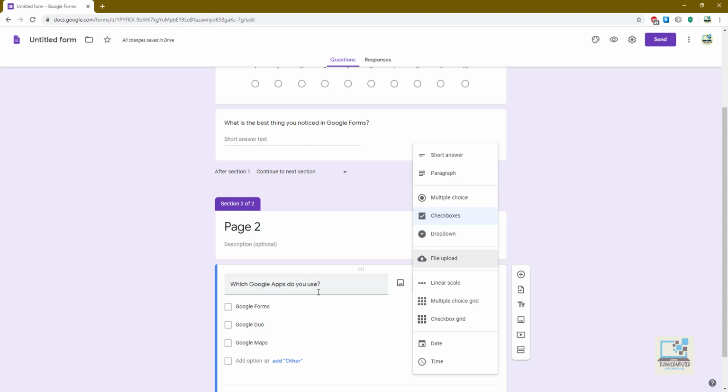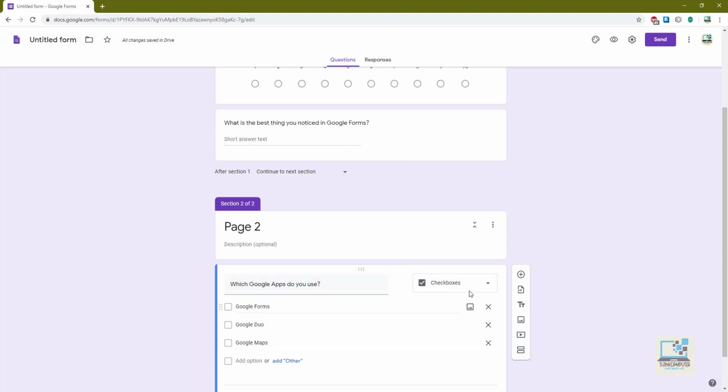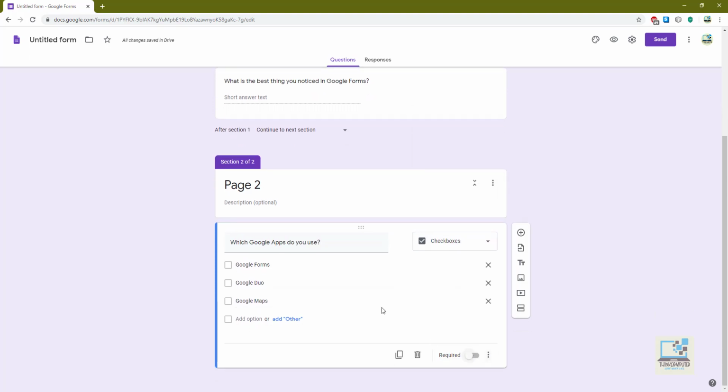Now because you are asking a question like which Google apps do you use, the user can give more than one answer. So it is better if you use the checkbox option. And if your answer is only one of them, then you have to use the multiple choice. Okay, so depending upon your question, you can select which one to use.